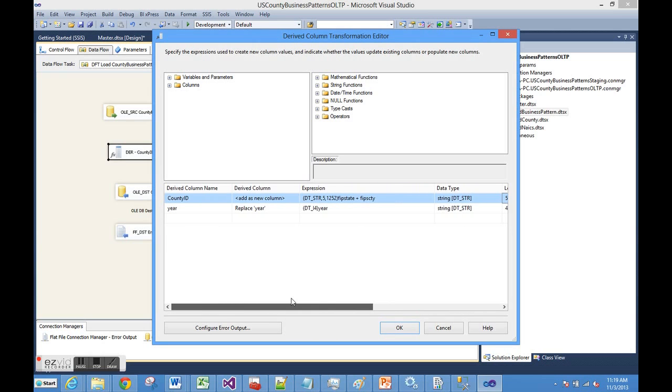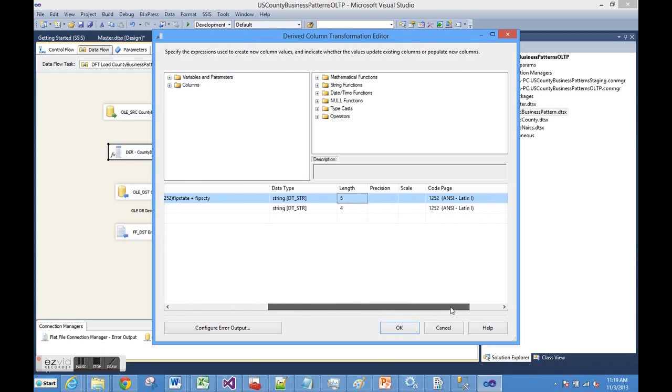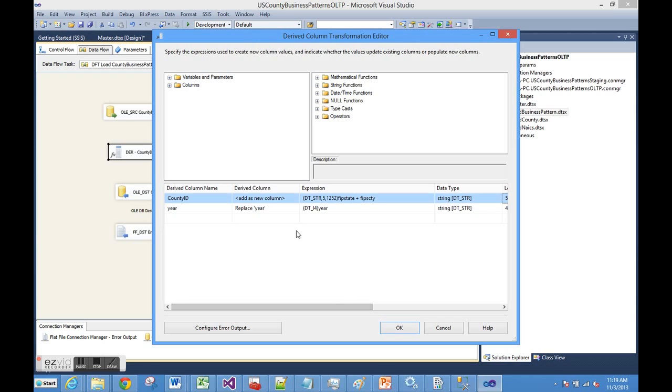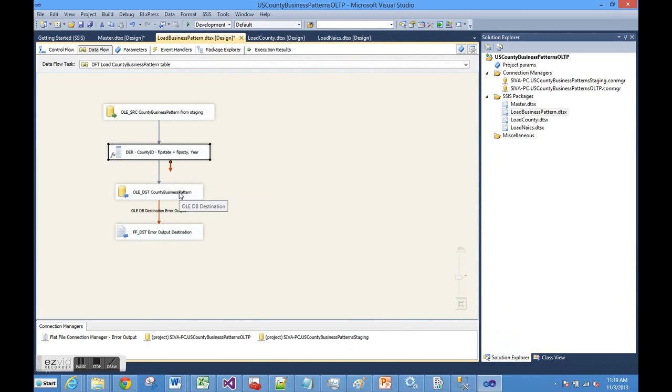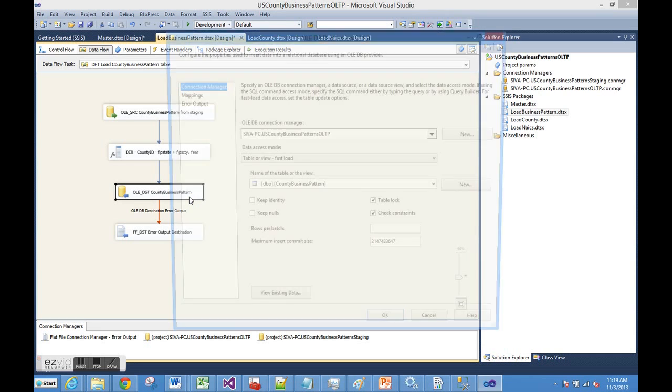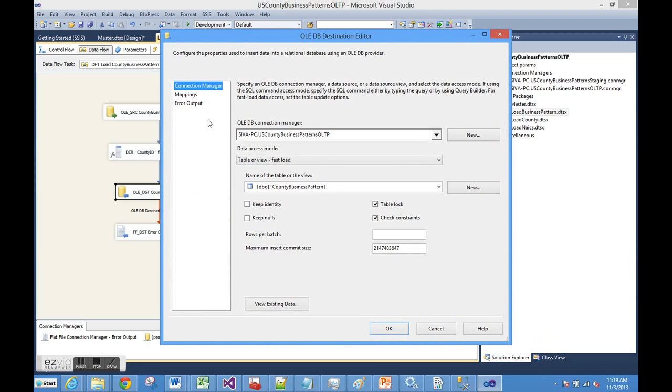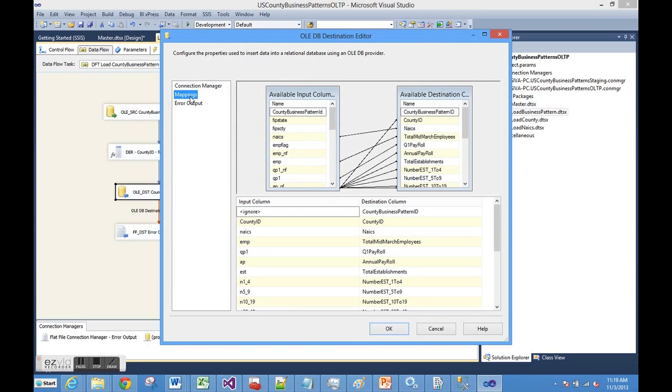That's what we are getting. So this is what it is, and then we are replacing here with a string value DT_I4, and here is the destination